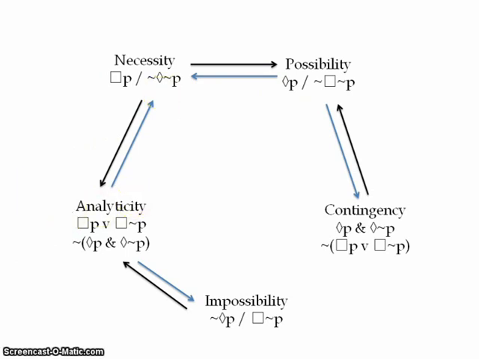anyway, just a couple of things to note. These two here are logical contradictions. They are logically contradictory: not possibly P and possibly P, necessarily not P and not necessarily not P. These two here, analyticity and contingency, are also logical contradictions. I'll point out, I think it's worth bearing in mind